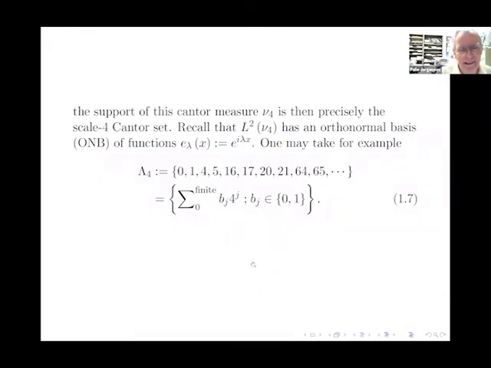Then I'm going to now go to a wider setting that allows us to do these Fourier expansions for a big family of measures mu. And so the question of which one of these measures then also have the property of having good Fourier expansions for continuous functions is a good thesis problem for a PhD student.